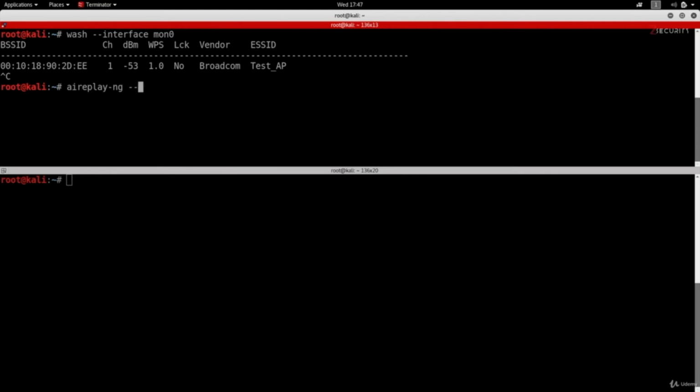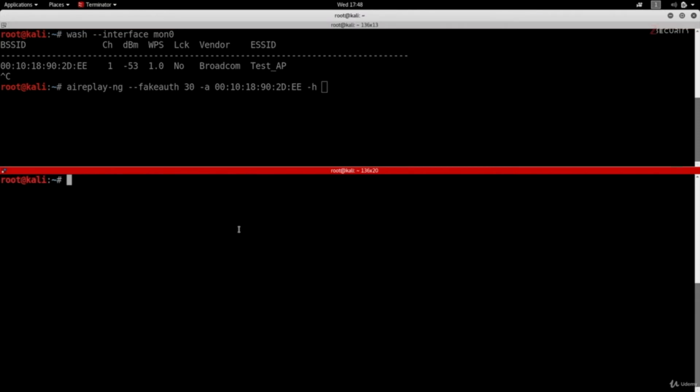We're going to tell it I want to run a fake authentication attack. We're going to give it the delay. So this is the time to wait between association attempts. Previously we set it to 0 and we had to do this manually every now and then. Right now I'm going to set it to 30 so that we associate with the target network every 30 seconds. Then I'm going to do -a to give it the MAC address of my target, and -h to give it the MAC address of my wireless adapter in monitor mode,